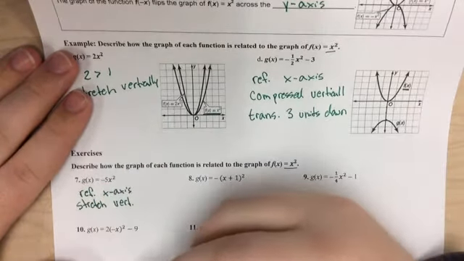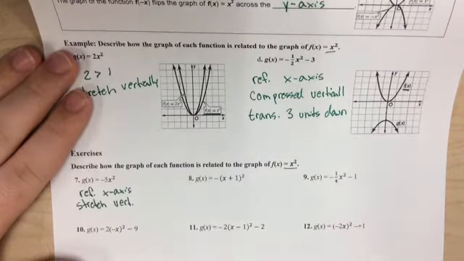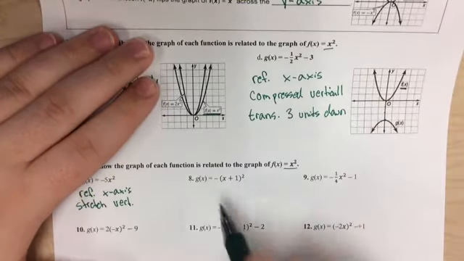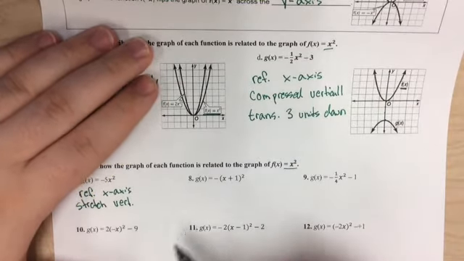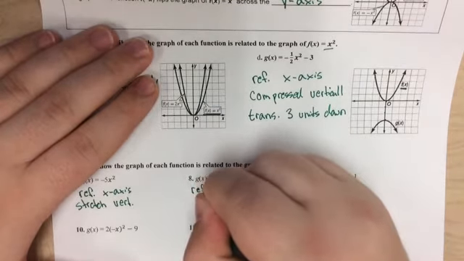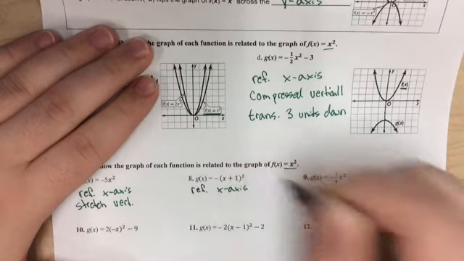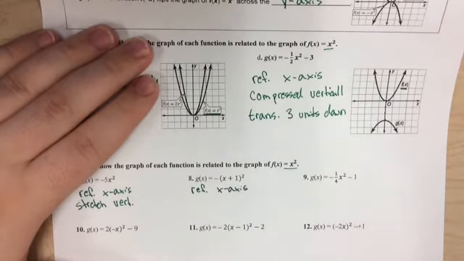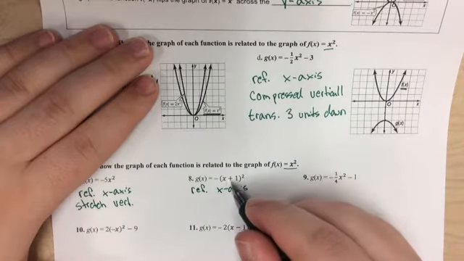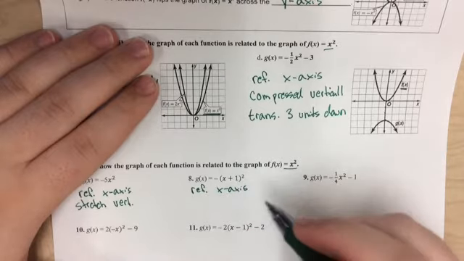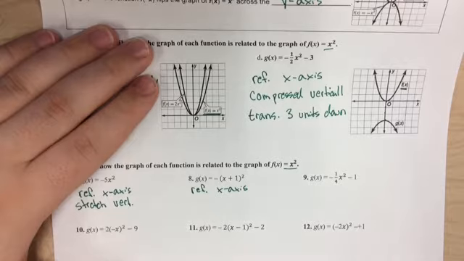So pretty much it's just reflecting across, and it's going to be more narrow and stretched vertically. Then we look at 8, and this one gets pretty tricky. We have the negative out in front, so we know that it's going to reflect across the x-axis. And then we have x plus 1. Now remember, if we go back to the first page, we had x minus h, and in this case we have plus 1. So we know h has to be negative 1,